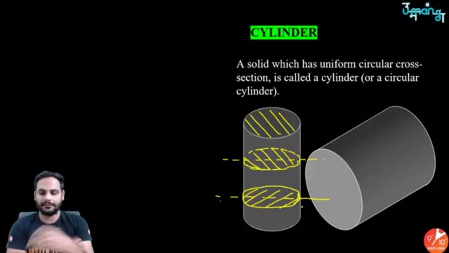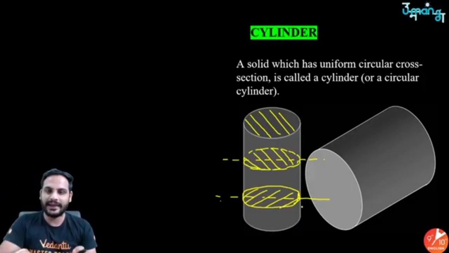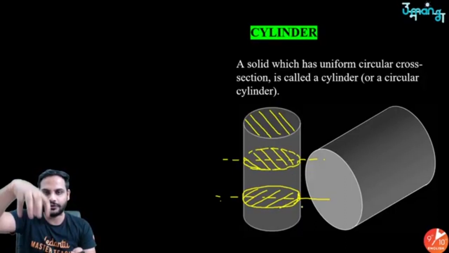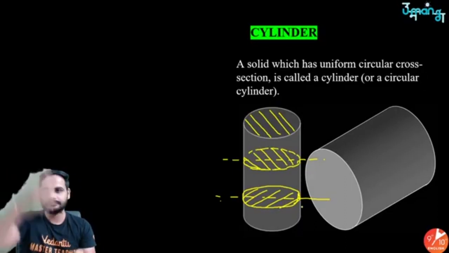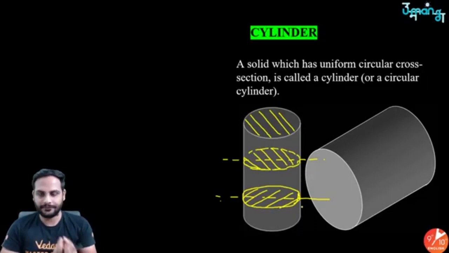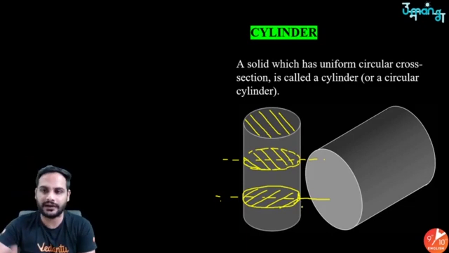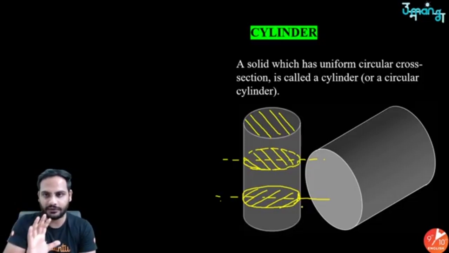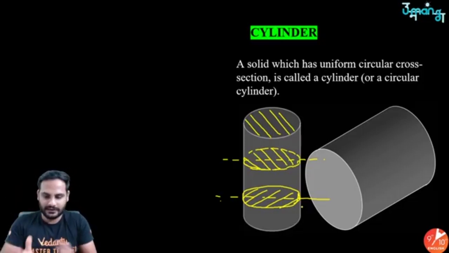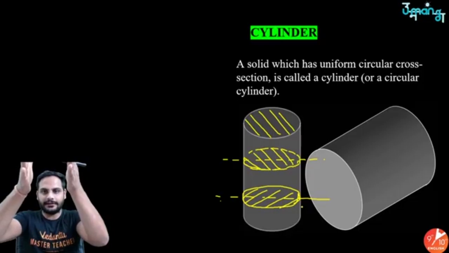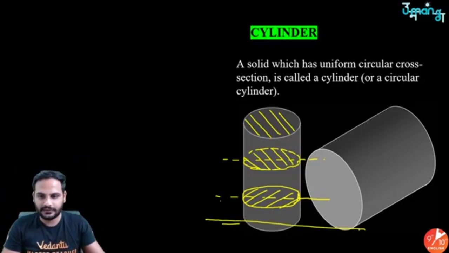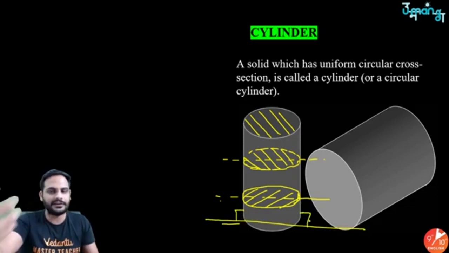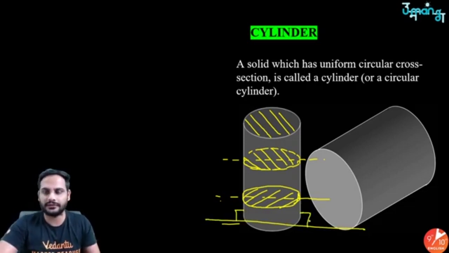So everywhere you will be having the same circular cross section. Or suppose you have seen bangles, right? So bangles of the same size, if I keep them on top of each other, they will form a cylinder. Got it? So that is called your cylinder, and we'll be talking about a uniform circular cylinder. Right circular cylinder means that it will be straight, 90 degrees with the base, so that is called right circular cylinder. So we generally name it as cylinder only.